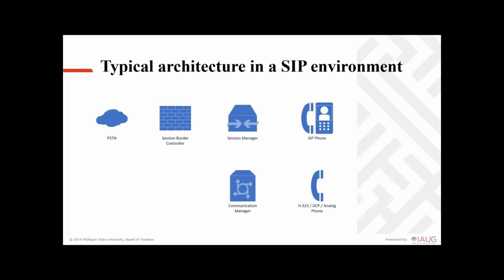So in a typical SIP architecture environment, these are the different types of components that you're going to be seeing. You're going to have the PSTN, session border controller, Session Manager, Communication Manager is still a part of it, and then you're going to have a series of phones. When a call comes in, it starts with the PSTN and goes to the session border controller. The session border controller is essentially your firewall. Think of it as your gateway, like for your ISDN PRIs and all that type of stuff. After the session border controller makes sure that the voice path is correct and everything is good,